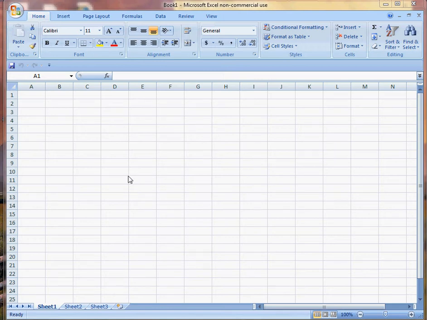Welcome. This is a brief introduction to Excel and the properties of Excel. I'm assuming that you have Office 2007 installed on your computer. Office 2003 will work also, it just looks a little bit different. So here's basically a blank